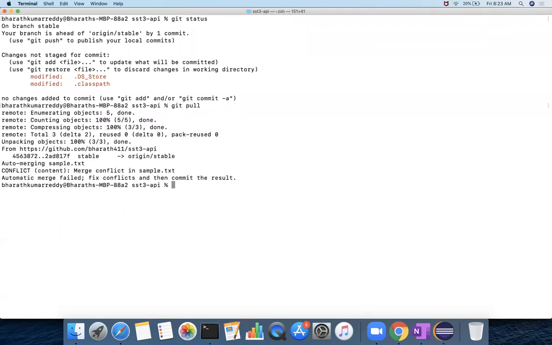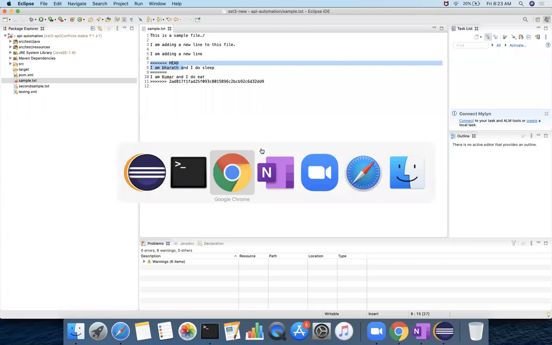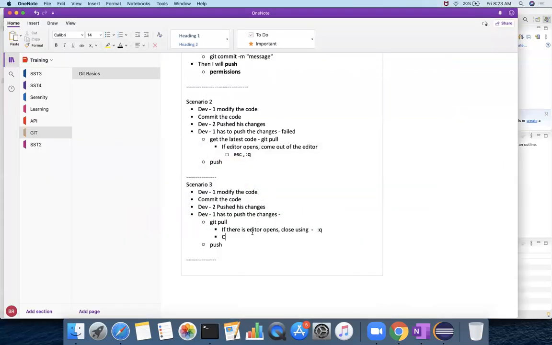So when I do git pull, now see, this is the scenario. What we got is something called conflict. Okay, conflict. This is the scenario that I'll get. So when you get this conflict, you should understand when this scenario comes. In the previous scenario, I did not get that.